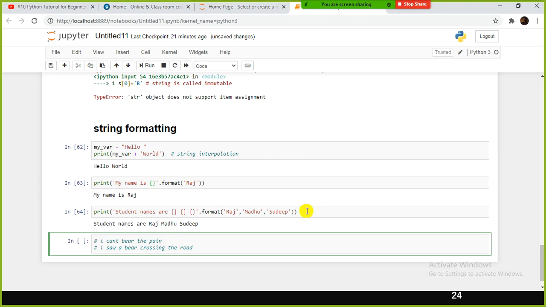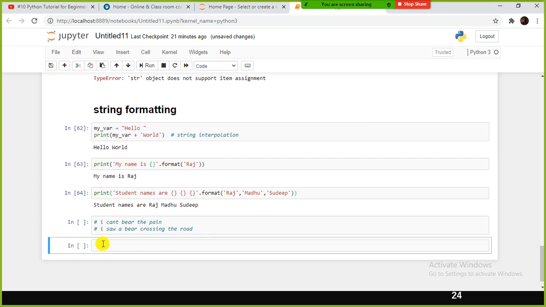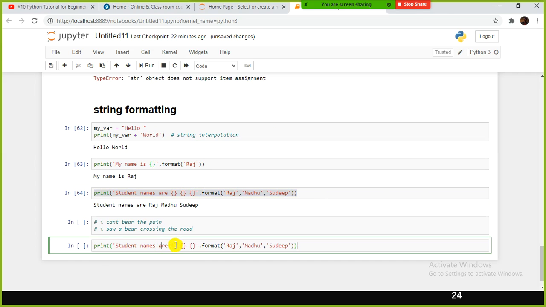This is basically formatting. We use it for generating some report or something like that, or if you want to display the values stored in a variable, for troubleshooting purposes and all. Also, instead of using the hard-coded thing, we can use some A, B, C. We can assign some value, like you said.